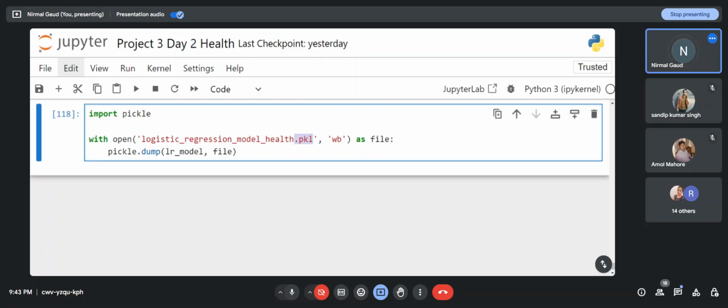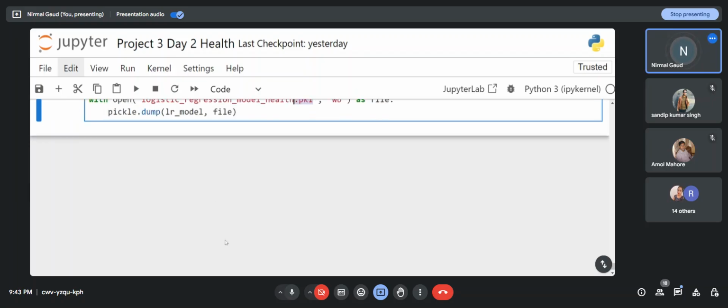That's what we call saving your model. You saved your model. I am running my Jupyter notebook from the D drive. In the D drive there is a Python folder. Everything I do is saved in that folder only. So if I check my Python folder in the D drive,